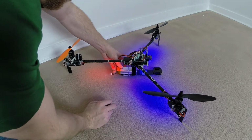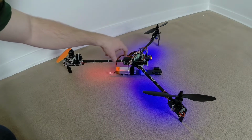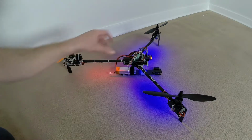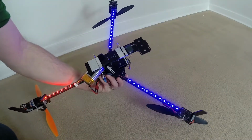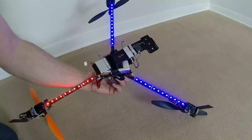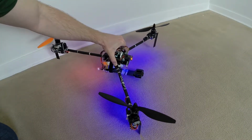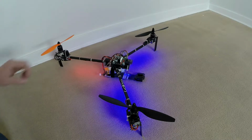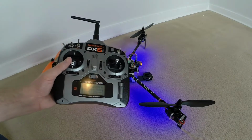Look at that. Alright, well, it looks like all of my LEDs are working just fine down here. My KK2 board is in safe mode. My receiver is flashing, so I should have good signal there. Let's flip this thing over. Alright, it actually looks like all of my LEDs are still working fine, which is quite a surprise. None of them even appear to be burned out. These were not the waterproof LEDs. I decided that it would be a good idea to try and save, what is it, a $1.50 extra to get the waterproof LEDs. But, so I'm going to go ahead and,